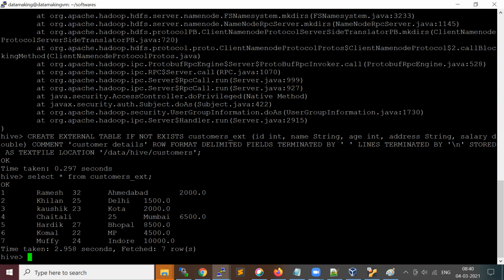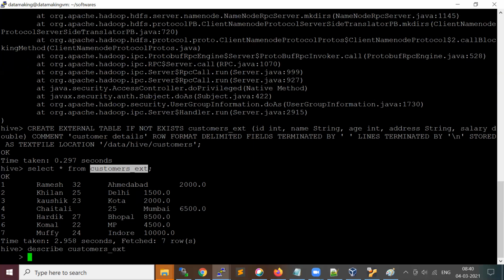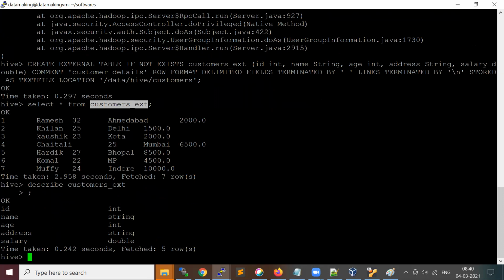Okay, so if you want to describe your table, you use describe. You just get the column names and the schema, the data types of your columns. And if you want to get more details, you can use one more keyword after describe, extended.